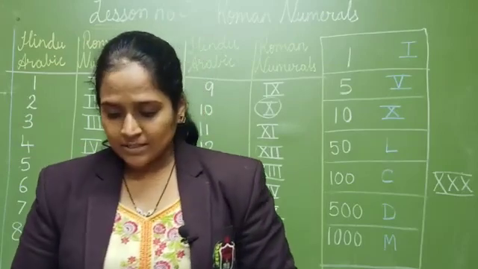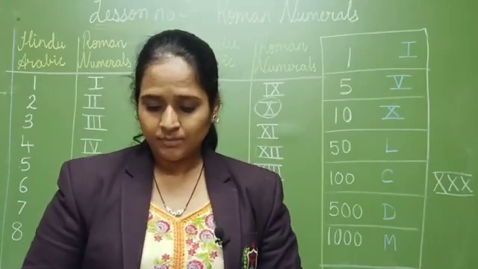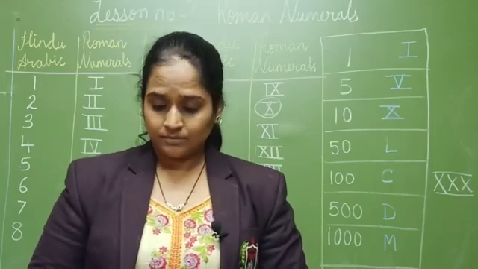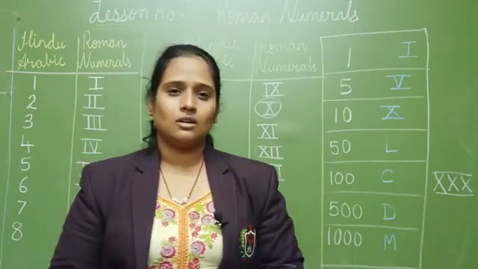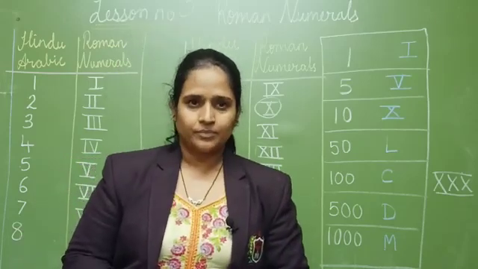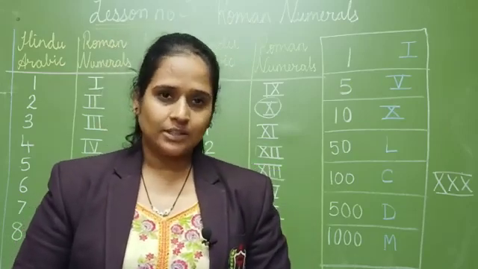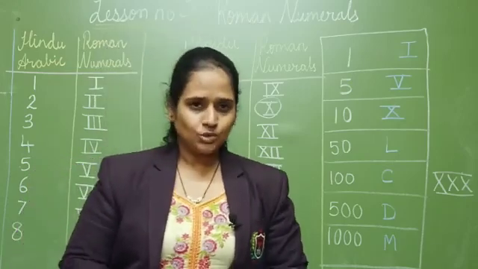Now on the very next page we have time. We have the time concept. Over there watches are given and you have to write the time of that. First is 4 o'clock. On the second clock they have shown 8, that is 8 o'clock. On the third, 3 o'clock is there. And for the fourth one, 10 o'clock is shown there.